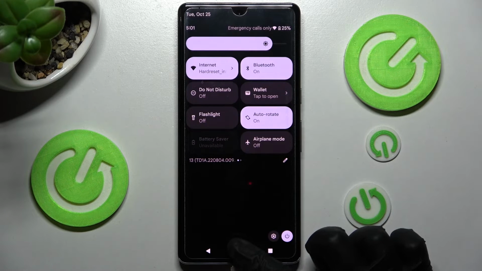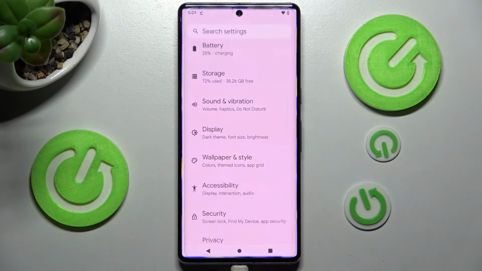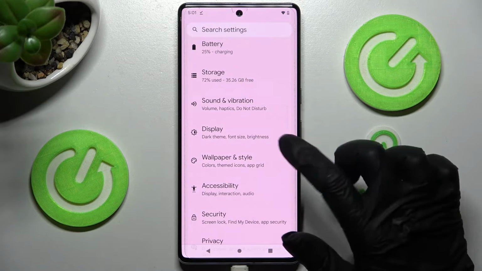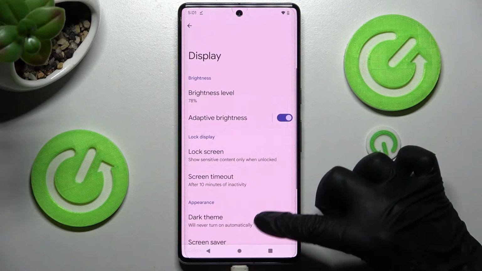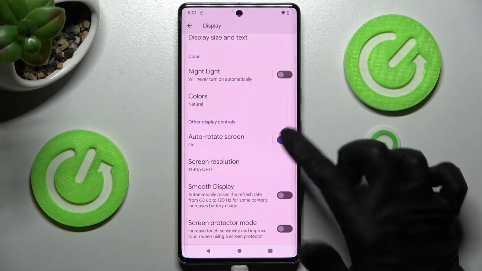Now you need to click on Home button, and if you wish to, tap on Devices settings. Then choose Display section and scroll all the way down. Now you can manage Auto Rotate screen from here by clicking on the switcher next to it to switch it